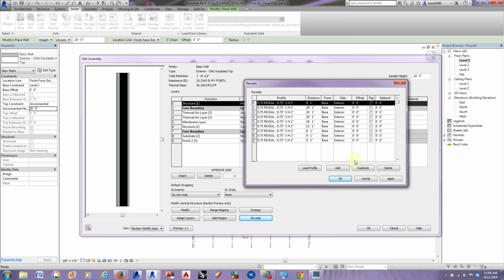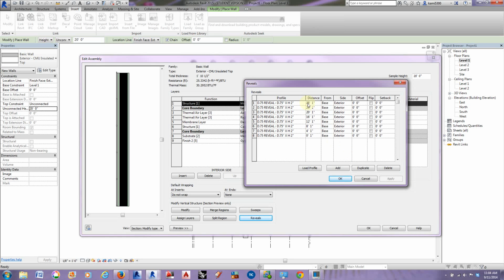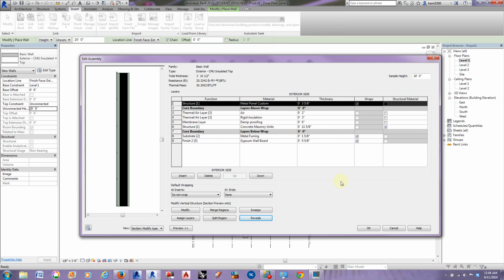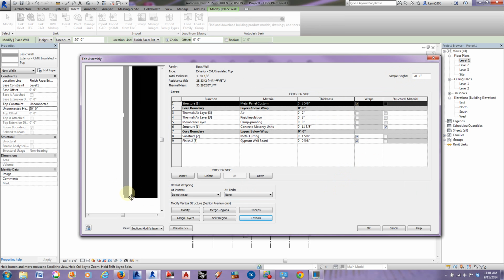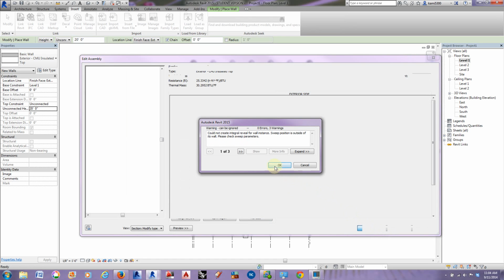And I'm pretty sure I don't need this last one. So I'm going to hit apply, and it gives me an error, could not create integral reveal for the wall instance, suite position is outside of its wall. Don't worry about that, just click OK, because these two are outside of the sample height at the moment. So just click OK again, and now you'll see we have our reveal in here. And so I'm going to click OK again,